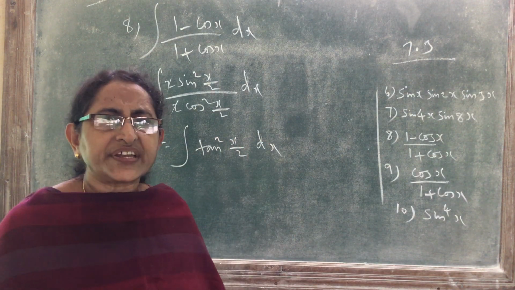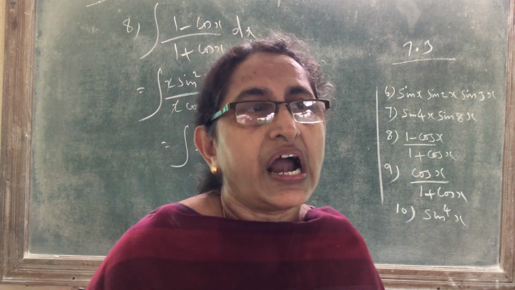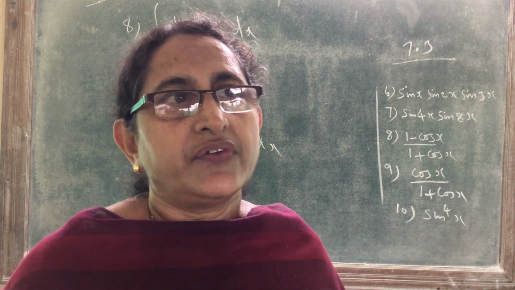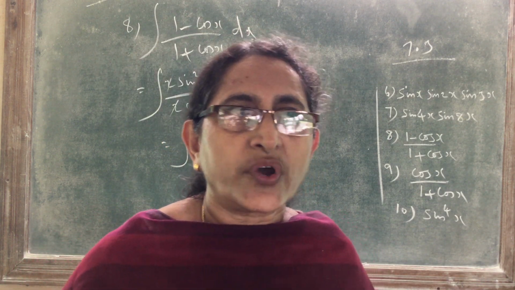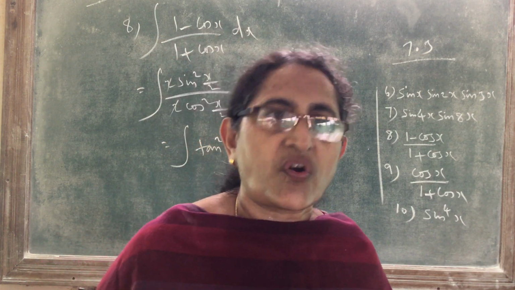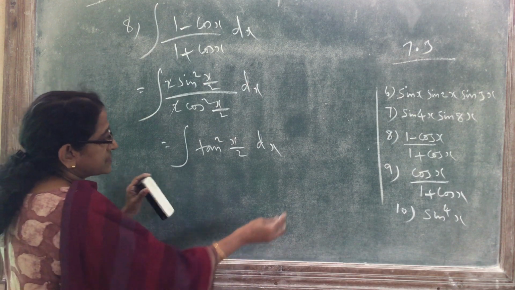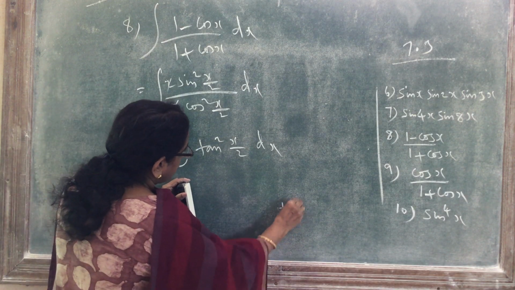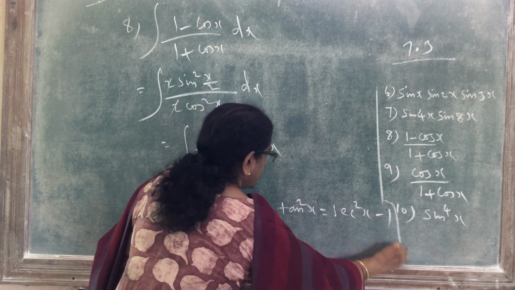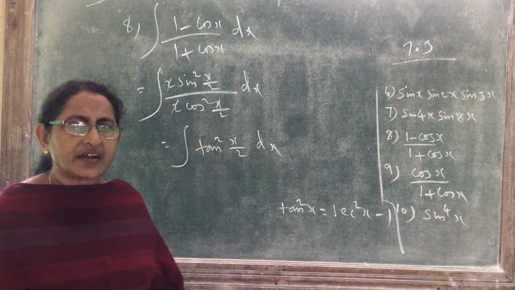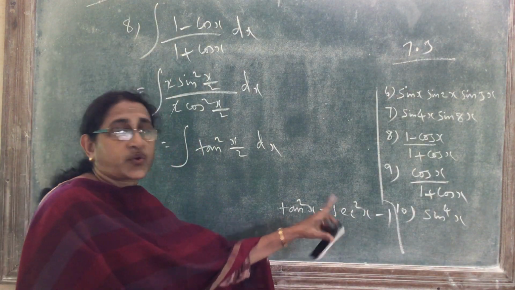Now remember how to integrate tan square x. I told you, very important function, tan square x. How to integrate tan square x? We have to use the formula 1 plus tan square x equals sec square x. So tan square x equals sec square x minus 1. Using that identity, we have to find. So what is tan square x? See, tan square x equals sec square x minus 1. So I told you, angle, we can write that identity for any angle.